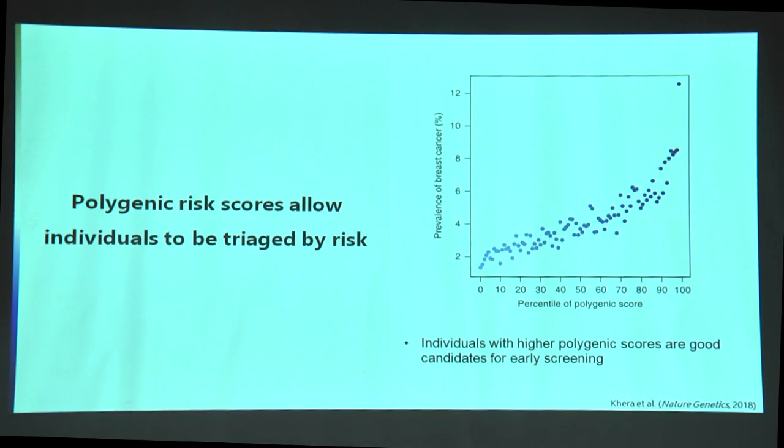And so what Carrot al did was they looked at a number of traits, but this is showing breast cancer. And what this is showing is the prevalence of breast cancer based on what percentile an individual is when it comes to their polygenic risk score. And you can see that if a woman's in, say, the 99th percentile of her polygenic risk score, she's at least 4 times more likely to get breast cancer than somebody that's on the low end. Okay, and you can see there's some subtle effects, but you really don't want to be on the high end